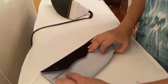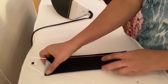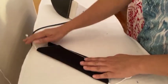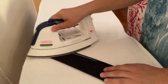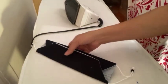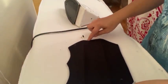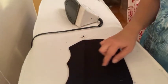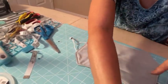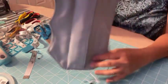And you would do the same thing here. You would fold where the elastic is, so it's going to look like this. Okay, so now we're going to go to the sewing machine and we're going to sew again, following the edges, close to the edges, sew it around. Okay, so now I have finished sewing the edges right there. See,